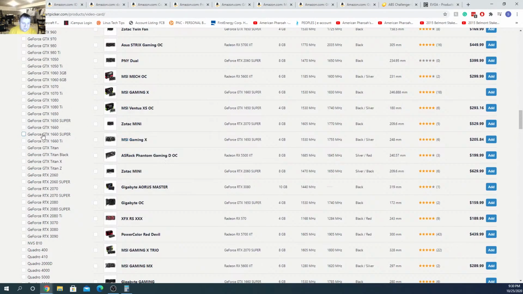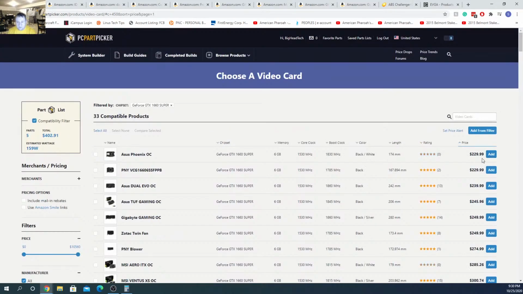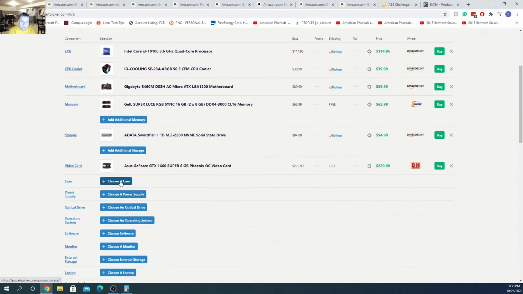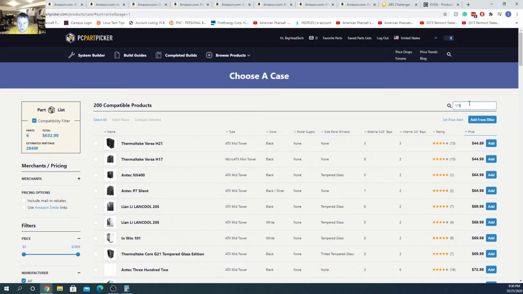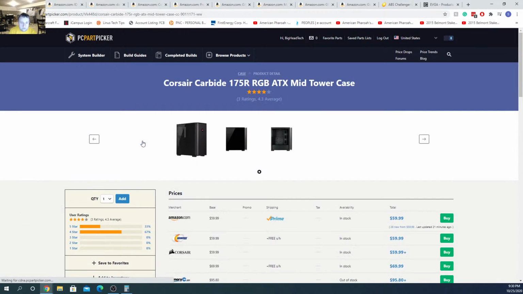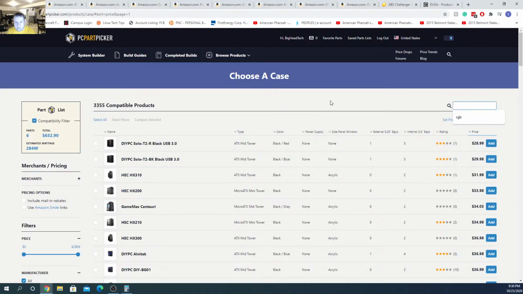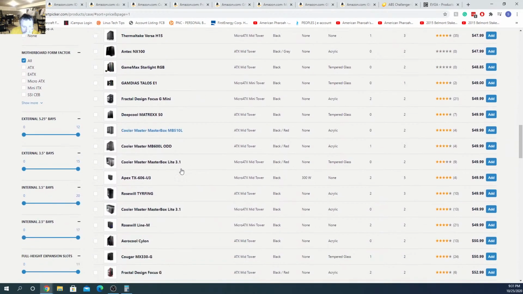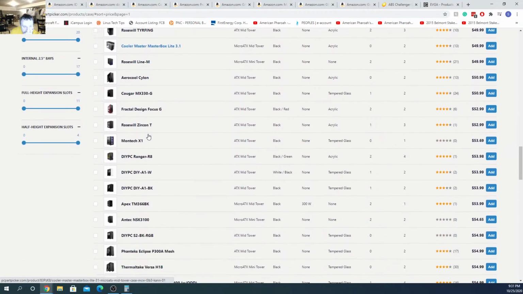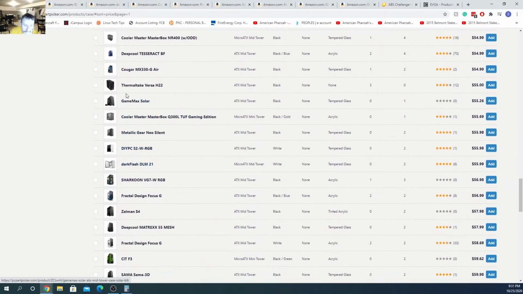Where are we at here? 1660 Super. And then we're going to go with the cheapest, because that's honestly all that matters. They all work the same, more or less. Case, we can probably go with like the 175R. Actually, no, there was a case or two that I kind of liked. Honestly, at this point, we can probably just go with